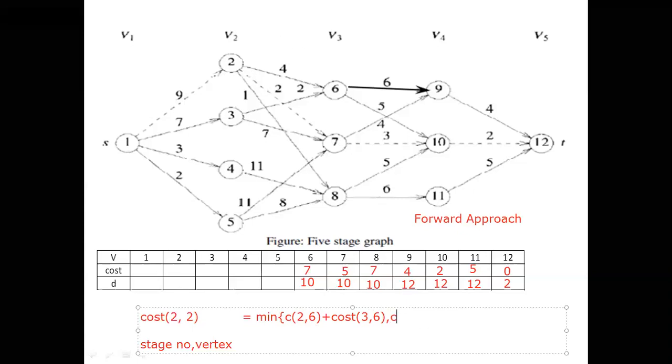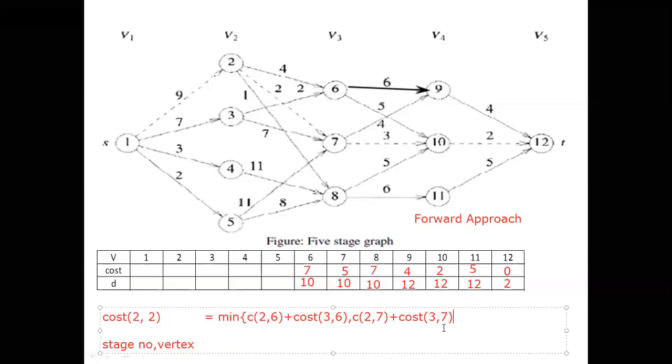C of 2, 7 plus the shortest path from 7. Already we calculated. How to write? It is cost of 3, 7, right? Okay. Now, comma, one more value, because 2 to 8 we have. How to write? C of 2, 8